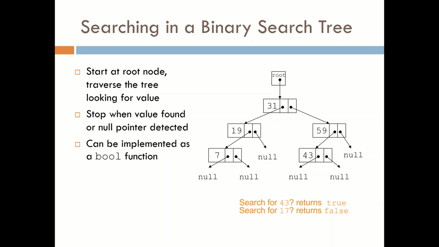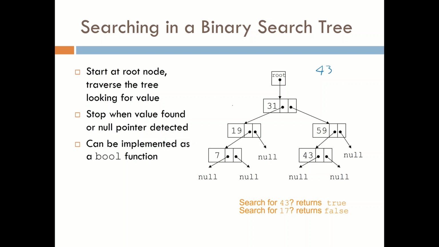Let's take a look at a couple of other operations. We said that one of the main reasons we use the tree is that it allows us to find information in a quicker fashion. So let's see how we search a binary search tree for a particular value. So for instance, if we're looking for the value 43,